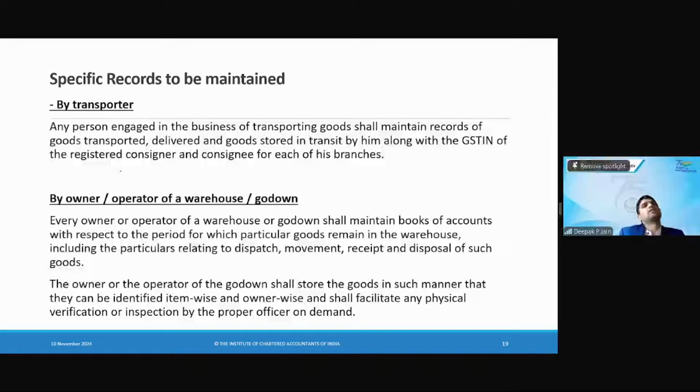So, transporter, what records will he have to maintain? Any person engaged in the business of transporting goods shall maintain records of the goods transported, what is delivered, and the goods stored in transit. मतलब जो भी goods आए हैं, which are yet to be delivered, that details with the GSTIN of the consignor and consignee for each of the branches he will have to maintain. Simple, जो भी goods आए हैं, इन ट्रांजिट में हों और जो डिलीवर हो गए,